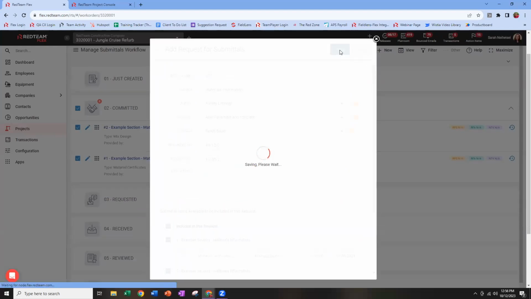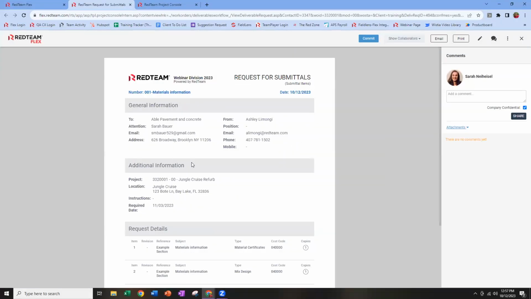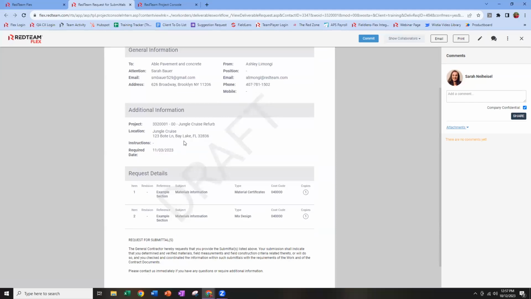Now, hitting save does not send the email. Hitting save just creates the email. It's going to jump down to requested, but the next step is going to say you need to commit and email the request for submittal. Just like everything else, we want you to get a chance to review it before you send it out. So let's take a look while it's in draft and make sure we don't need to make any edits. Here we can see our draft copy, who it's to, who it's from, basic project information, and any of those